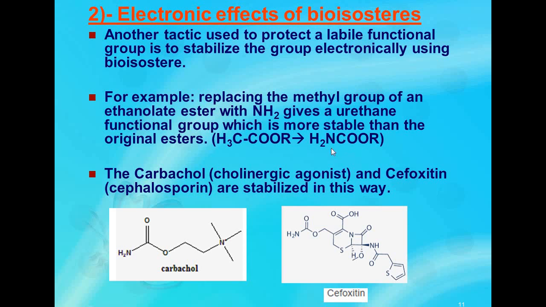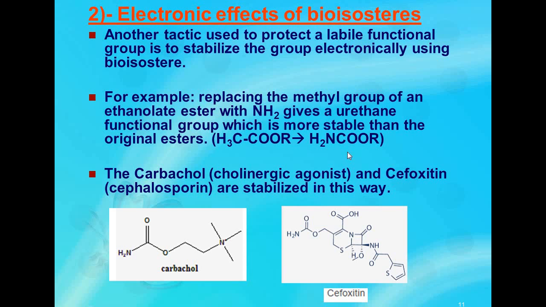The NH2 group has the same size and valency as the CH3 group, therefore has no steric effect, but it has totally different electronic properties since it can feed electrons to the carbonyl group and stabilizes it